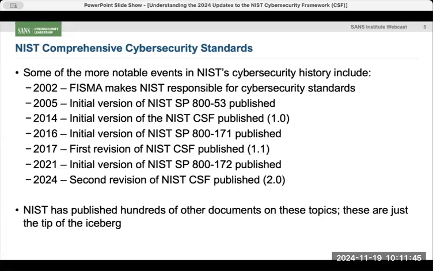Historically, 853 is sort of the grandfather of all standards, right? It's been around forever. It's probably one of the most detailed, definitely the longest standard that we have in place. But we also see these others, the CSF, 800-171, and others coming on the scene, definitely almost like stocks, right? They have different popularity in different years. And of course, this year, because the 2.0 version of the CSF was published, the NIST CSF has gotten a lot of attention here in 2024.